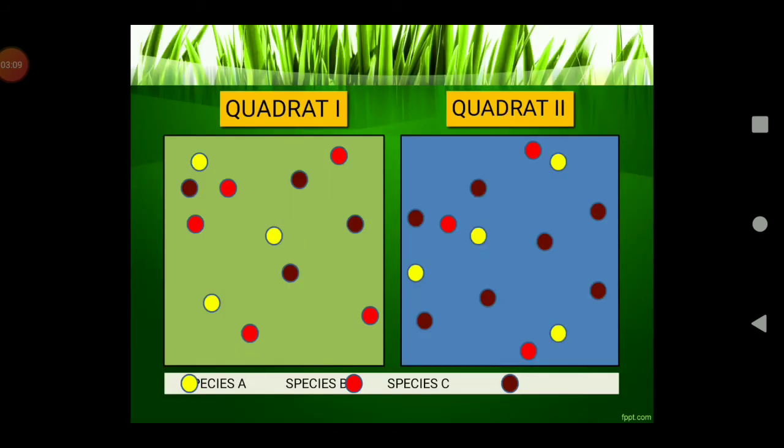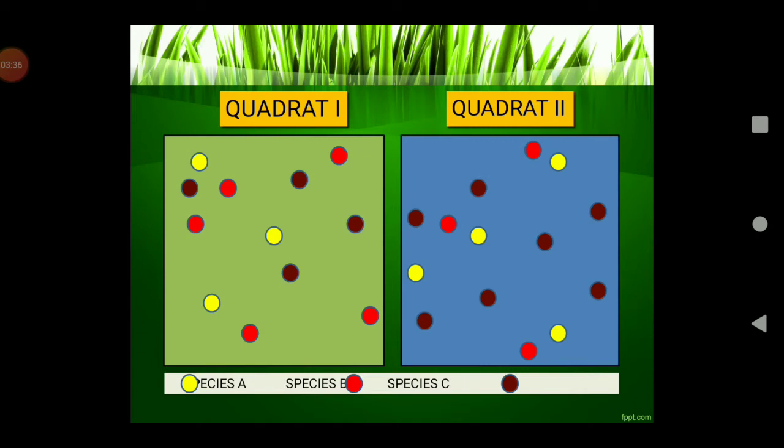For example, I have represented the plant species in the form of colored dots here, so it will be easy to understand different species. For example, the yellow species is tulsi. The red species is aloe vera, and the magenta color species is rose. So 3 different plants are present in these 2 areas.